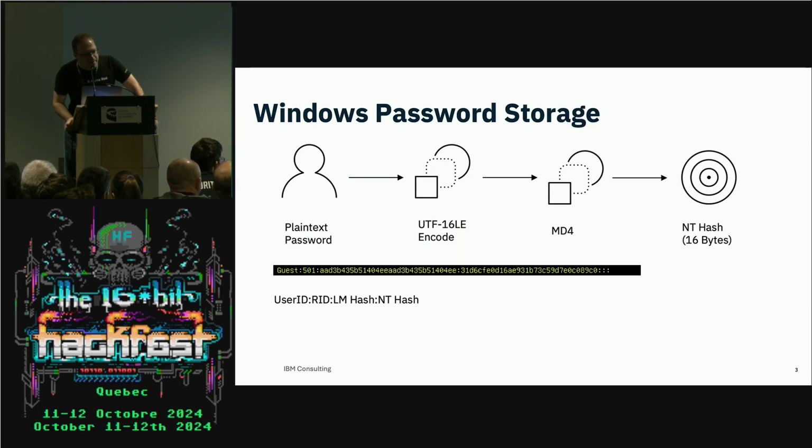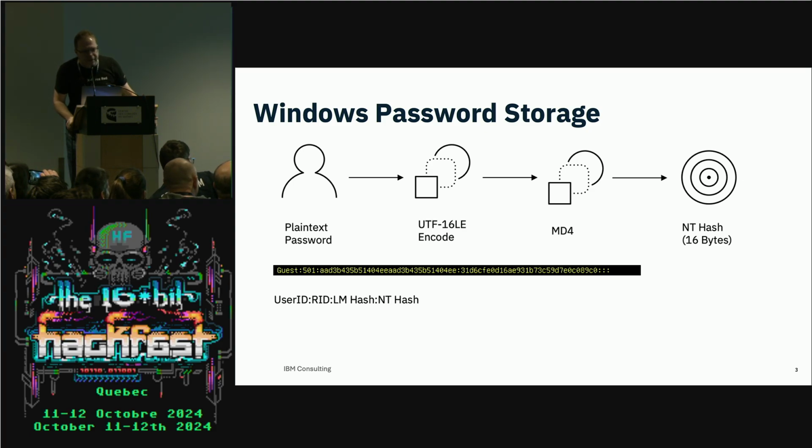All right, we're going to jump straight into the meat here. The fun part about Windows is the storage technique is interesting. You take a plain text password and UTF-16 little endian encode it, run it through MD4, and that generates 16 bytes. When you dump an Active Directory password hash using a tool like secretsdump or whatever else, it shows you your user ID, your relative identifier, an old ancient format called the LM hash, which in most Windows these days is replaced with a static value if you set the right group policy. If you find LM in your environment, you should feel bad, but that's not what this talk's about. And then it shows the NT hash.